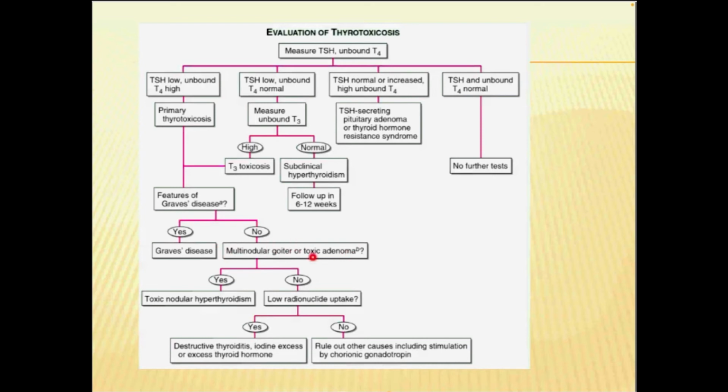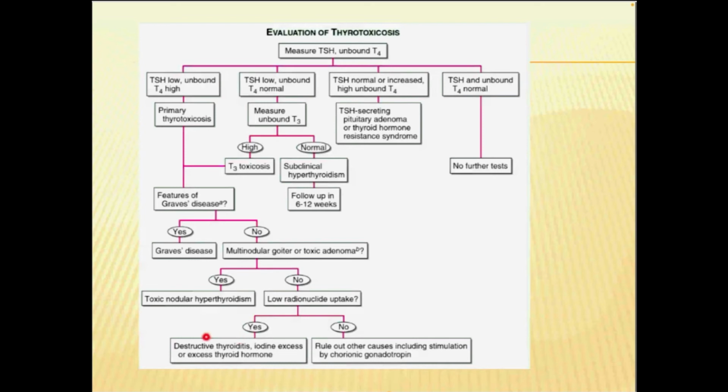adenoma. Because in multinodular goiter, the symptoms will present very late. If there are no symptoms present, it is nodular disease of the thyroid. Okay. If nodular disease of the thyroid is present, it can be of two types. After doing a radionuclide isotope study, you can diagnose whether nodules are present or there is no uptake of radiation. If there is no uptake of iodine, it can be of two things.